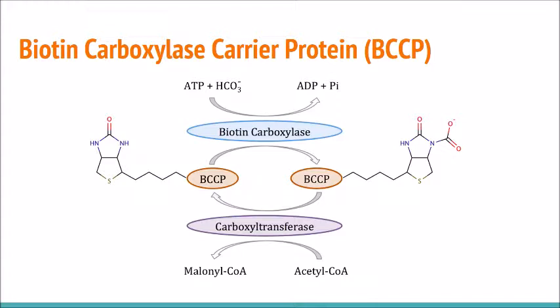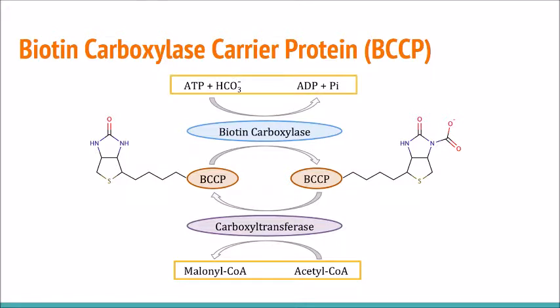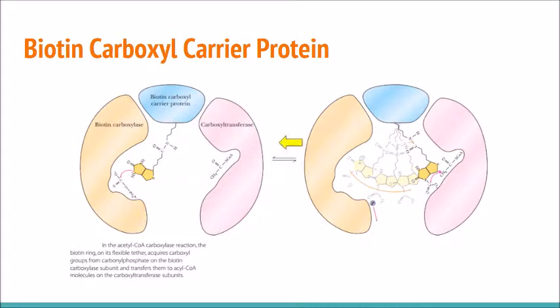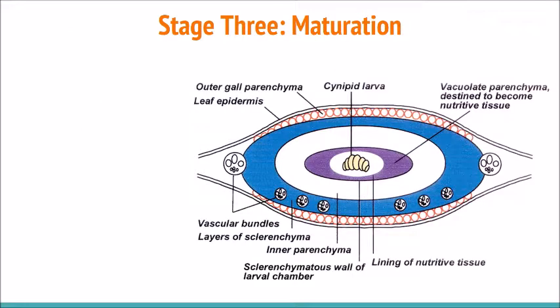It catalyzes the carboxylation of acetyl-CoA into malonyl-CoA via an ATP-coupled reaction. BCCP is covalently bound to lysine, which acts as an arm to transport acetyl-CoA to different active sites of ACCase. Malonyl-CoA plays a key role in chain elongation during fatty acid biosynthesis. The increase in larva-induced lipid production by BCCP provides enough nutrients for the larva to enter into the next phase of development, maturation. During this stage, cell division rates slow down and the chamber stops receiving major influxes of host